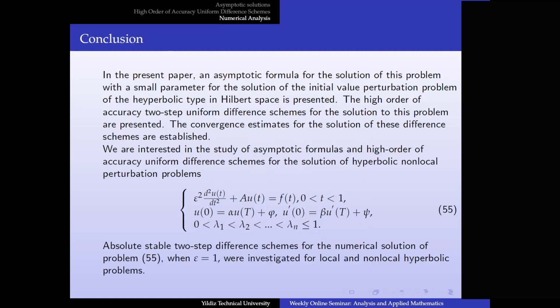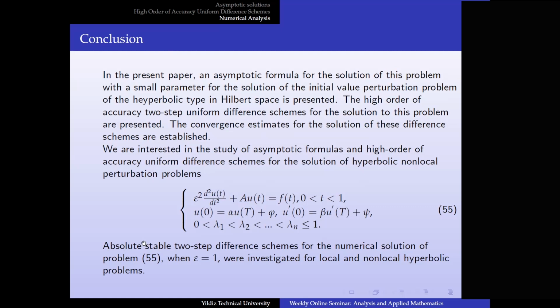So in conclusion, in the present paper, an asymptotic formula for the solution of the initial value perturbation problem of the hyperbolic type in the Hilbert space with a small parameter is presented. The high order of accuracy two-step uniform difference schemes for the solution of this problem are presented, and the convergence estimates for the solution of these difference schemes are established. We are interested in the study of asymptotic formulas and high order of accuracy uniform difference schemes for the solution of hyperbolic non-local perturbation problems